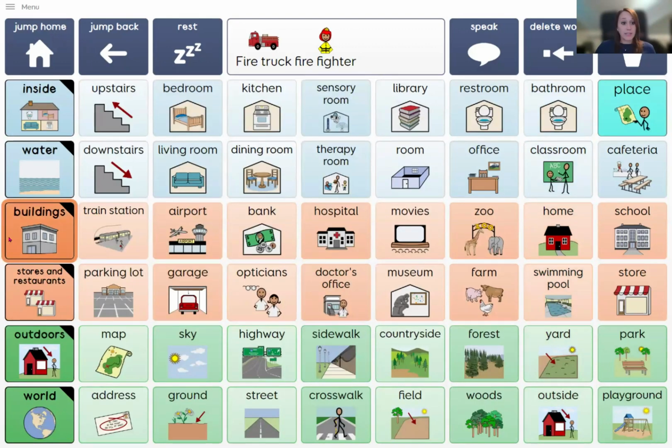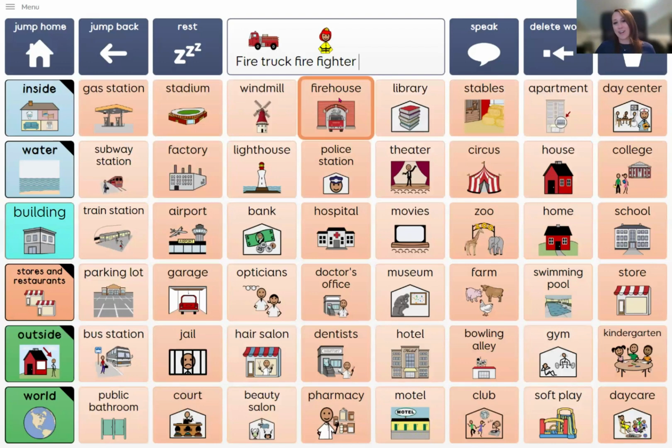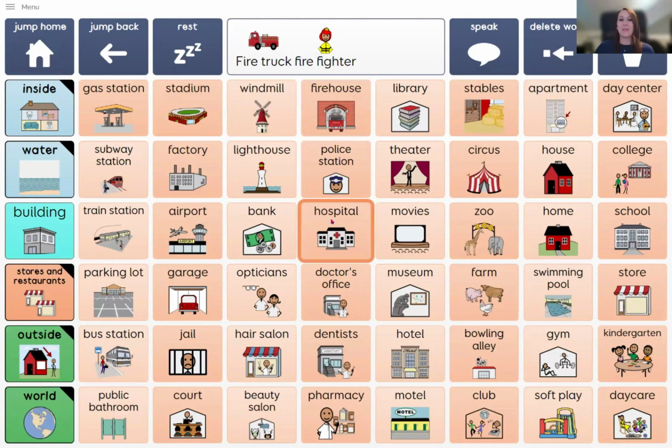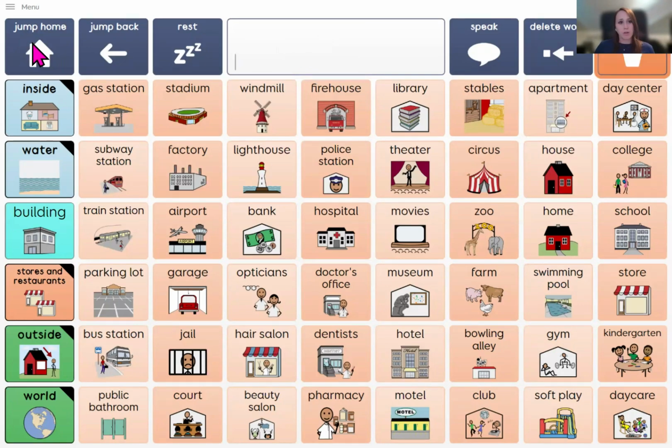And as you've probably guessed already, firehouse will be right here in the same spot that fire truck and firefighter existed. And if you paid attention to the words underneath it, you'll notice that here we have police station and hospital that correspond with police car and ambulance as well. So those are semantically related words. If we jump back to our home screen,